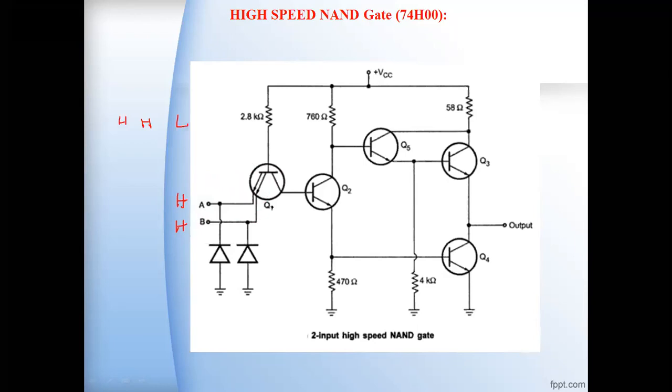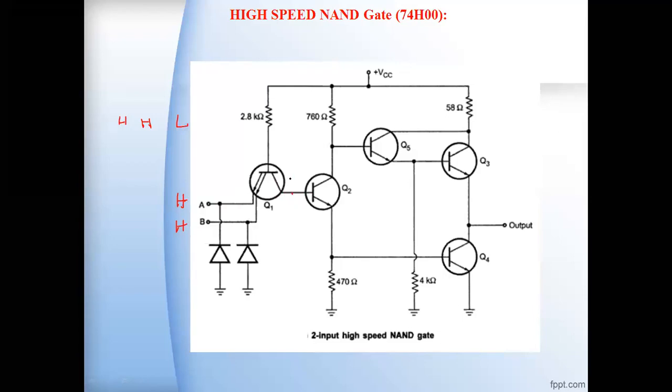The transistor Q1 is off, and the voltage at the collector of Q1, or the base of Q2, if you observe it, is a very small voltage here, because we have not connected any external voltage or any power supply voltage to the collector of the transistor Q1. You are directly connecting the collector of Q1 to the base of Q2. So therefore, the voltage at this point may be a very low voltage.